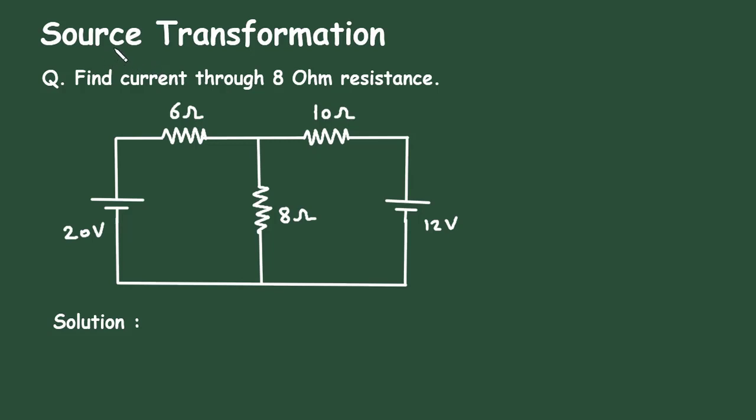Source transformation. Question: find the current through the 8 ohm resistance. Here in this circuit, we have to find the current through this 8 ohm resistance by using the source transformation technique. Solution: